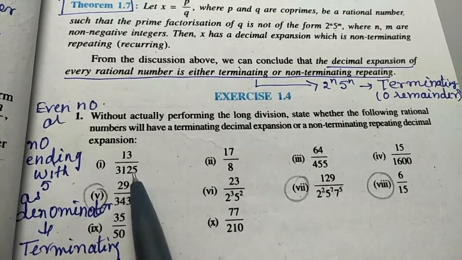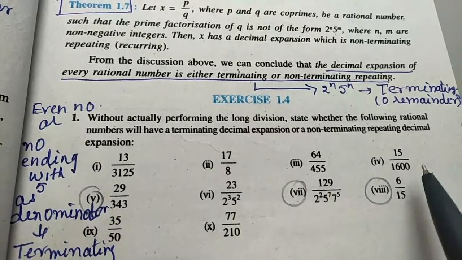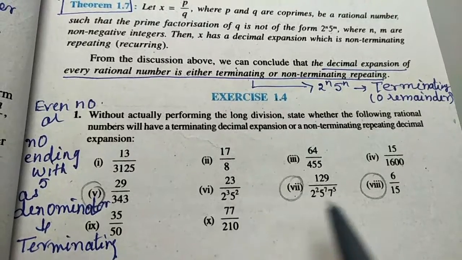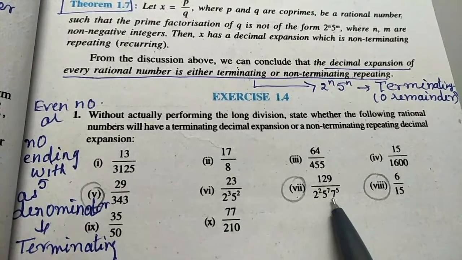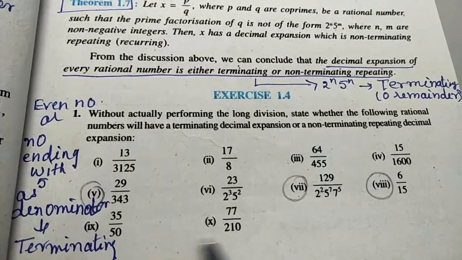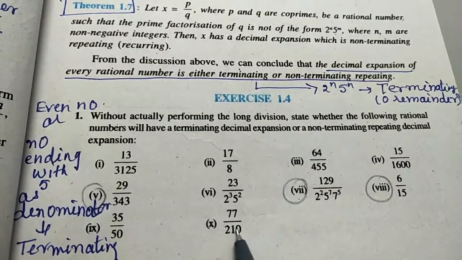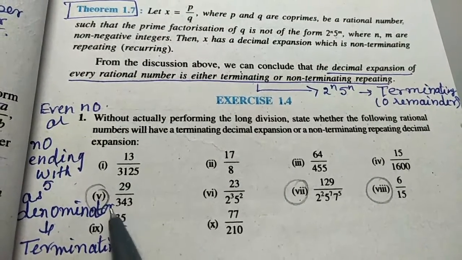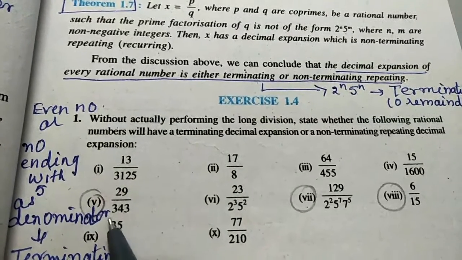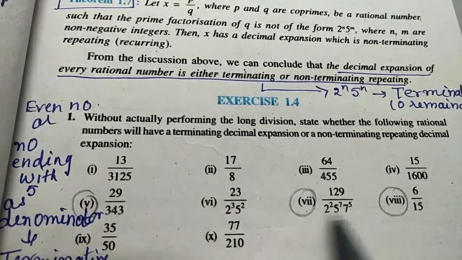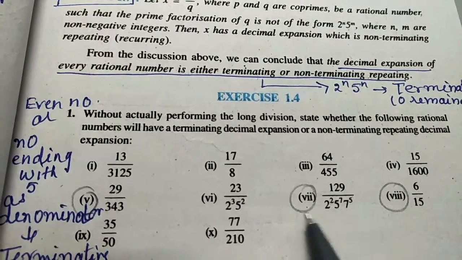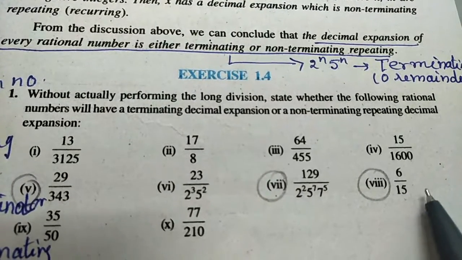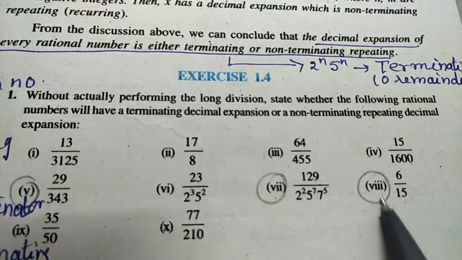If you see these numbers, this has got 5, this is even, again 5, this is again even, this is 2 raised to 3, 10 form, again this is 10 form, 10 form. So these numbers are all terminating. But for the ones which I have circled, 1, 2 and 3, the denominator is odd. You can see this is an odd number, no relation with 2 or 5. Here also the denominator is 5 odd, so there is no relation with 2 or 5. Similarly here 15 is 3 into 5, so again this is an odd number.